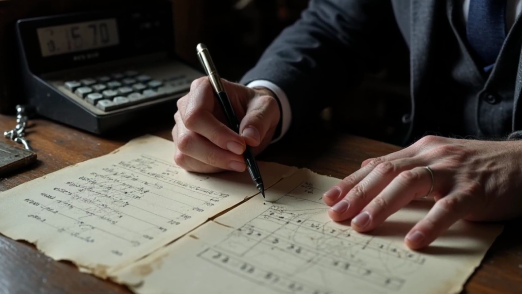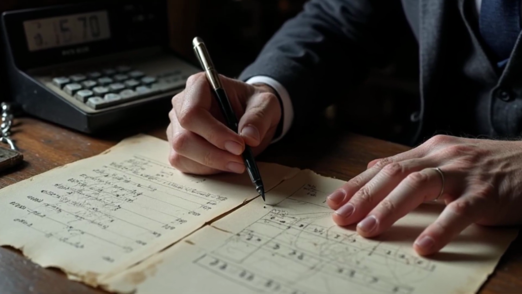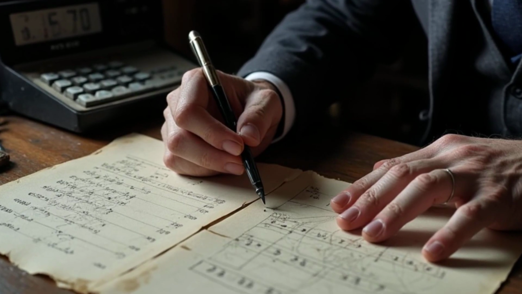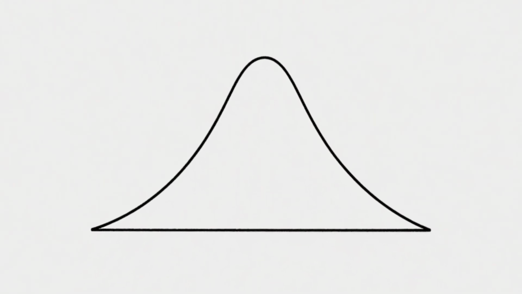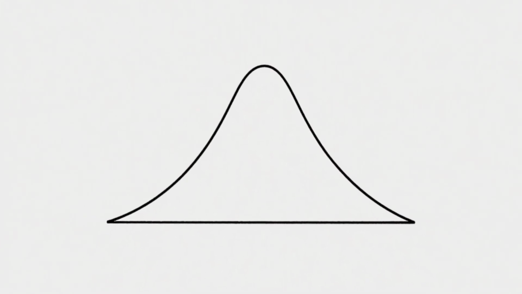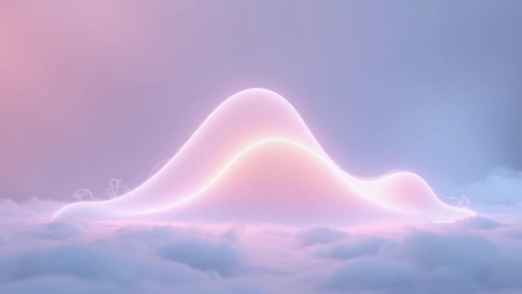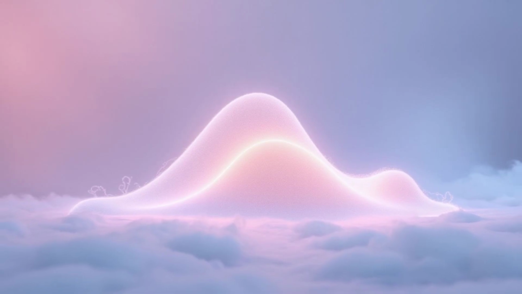Your job title is Operations Research Analyst, which sounds clean and academic. What you actually do is figure out the most efficient way to kill strangers you'll never meet. And your favorite tool? A mathematical curve so beautiful, so perfectly symmetrical that it's taught in every statistics class around the world. You can probably see it in your mind right now, that gentle hill shape, rising smoothly from nothing, peaking in the middle, then descending just as gracefully back to nothing.